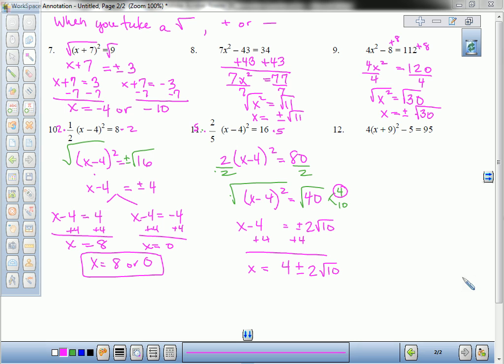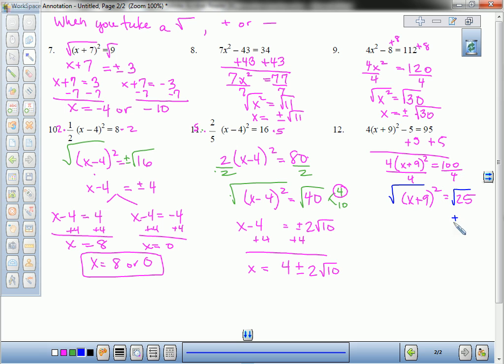Again. So let's take a look at number 12. So number 12 is a square. So the first thing we have to do is isolate that power, get rid of our extra stuff. So we're going to add 5. And that gives us 4 times x plus 9 quantity squared equals 100. So then we divide by 4. And this one works out nicely because it gives us a perfect square. So that when we take the square root of both sides,